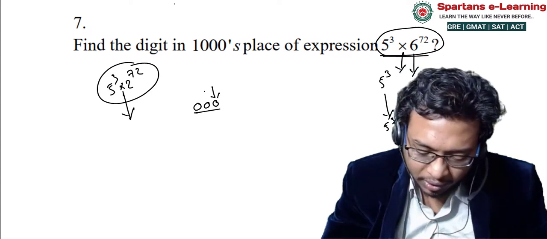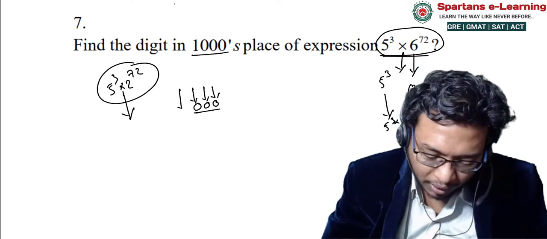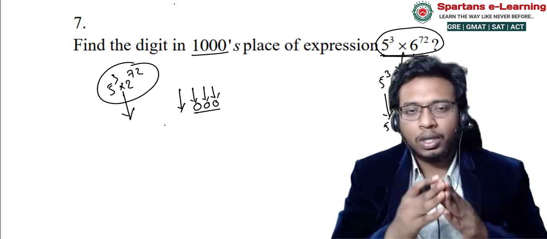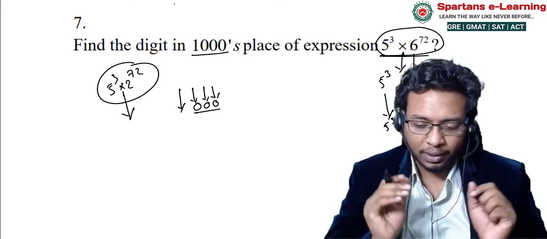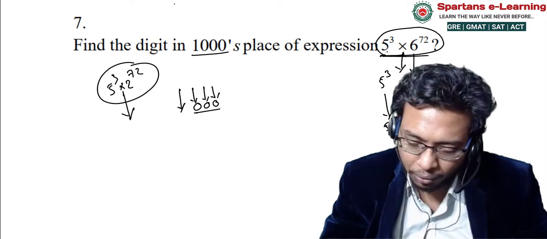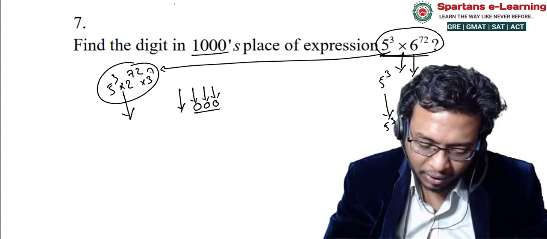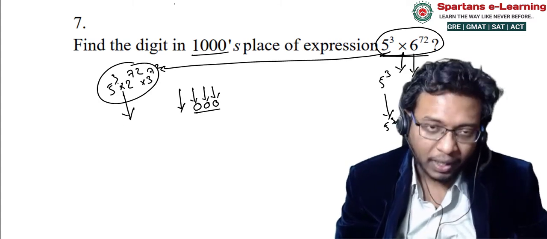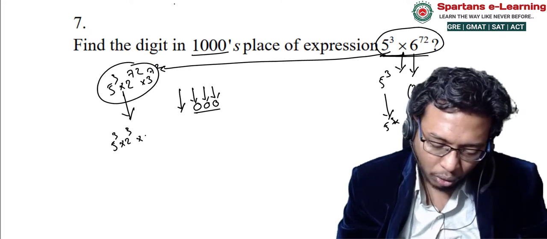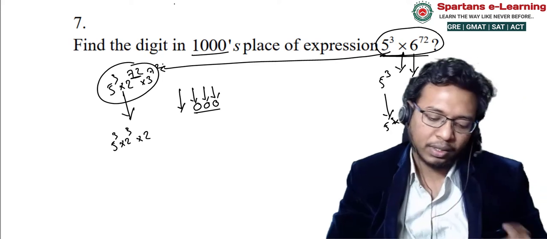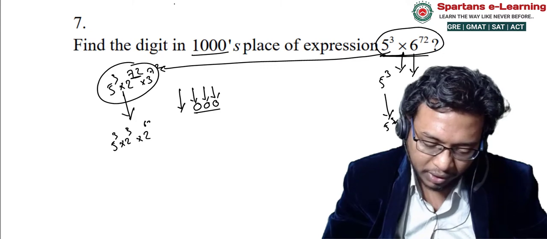Now this is units place, tens place, hundreds place. You are asked to find the thousands place. Now your target is to find the units digit of the remaining part. If you simplify this, you get 2 power 72 into 3 power 72. Out of this I can segregate the 2s. I can write 5 cube into 2 cube. Next, 2 power 72, you take away 3 twos, so 69 twos will be there.